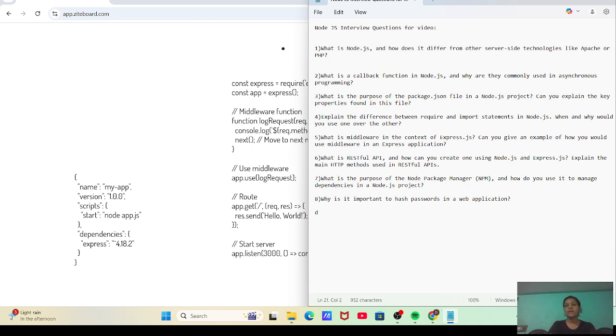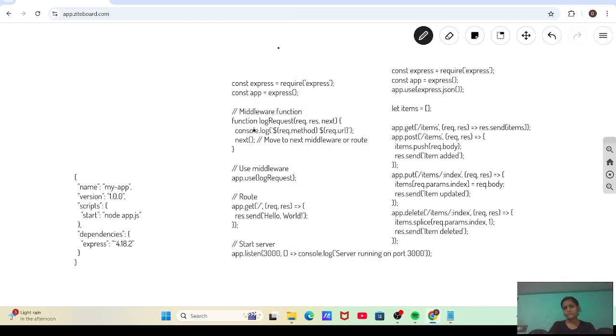Simple example. This is an example. Import Express and create the app. Next, create a simple array. Next, add an item with key and value, like name and apple.